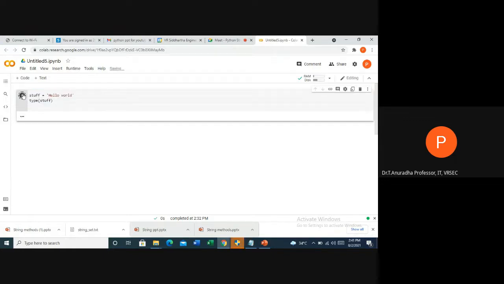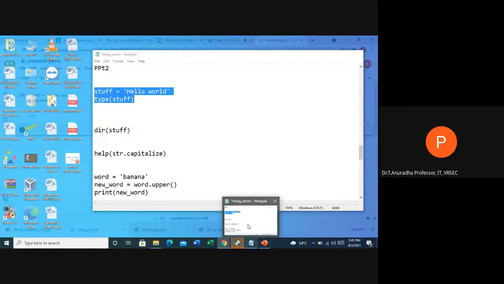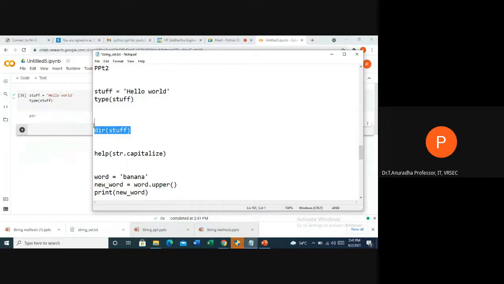So stuff equal to hello world I have defined, and I'm checking what the type of this object is. It is showing str. The type function shows the data type of the object that you have given. Because it is str, you can apply all the methods on this. We'll keep this as it is. Now we'll see the remaining functions that we can apply on this. I'm using dir on this stuff.